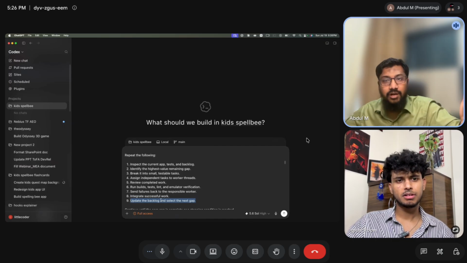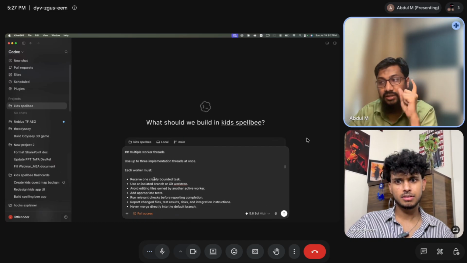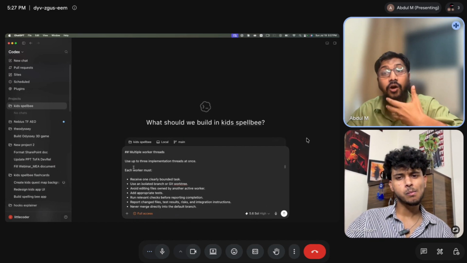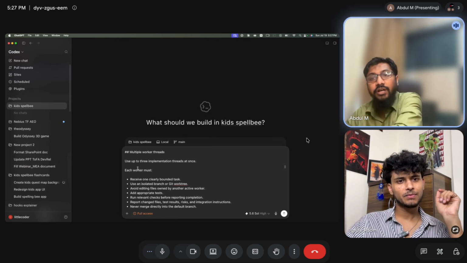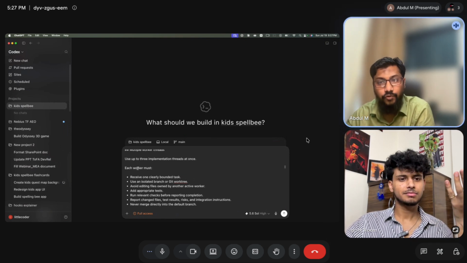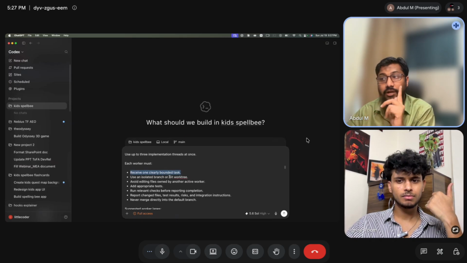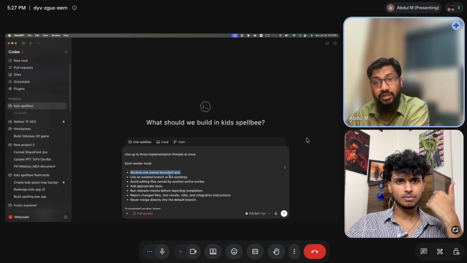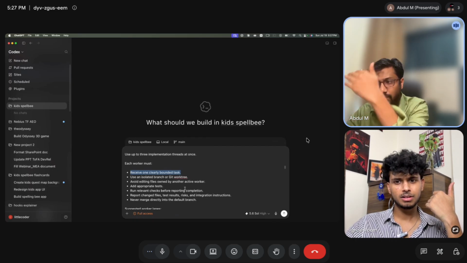So basically you're trying to run a software engineering team, and you are saying what the multiple worker threads should do. This is where you are telling the agent how to write a prompt. You will write the prompt, but here the agent is going to write the prompt, the basic fundamental of loop engineering. So you are saying every worker should receive a clear task. There should be an isolated Git work tree or branch, so that you don't mess up the code base.